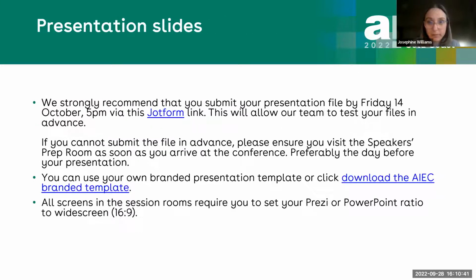Now, we've talked a little bit about the presentation structure and the slides. So your deck, if you're using a PowerPoint, you can use Prezi. If you're using Prezi or some other file, please do read the audiovisual link. There's a page on our website under the speaker information about everything you need to know about audiovisual. So please do make sure that you look at that and see the specifications. Most people will normally use PowerPoint.